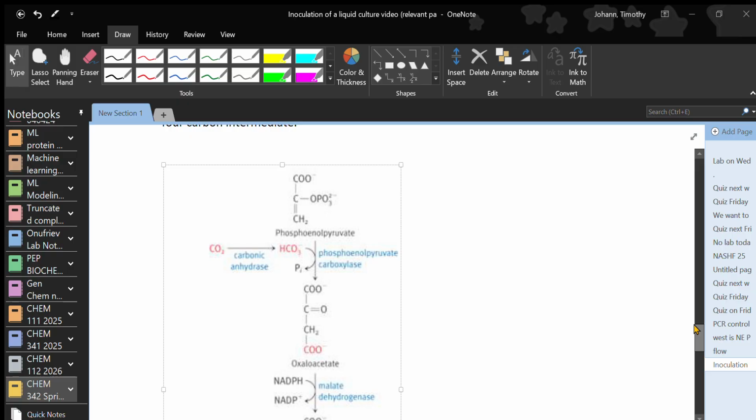You can take phosphoenolpyruvate and use phosphoenolpyruvate carboxylase to make oxaloacetate. Have we seen that reaction before? Where do we see that? Gluconeogenesis, right? So we can make oxaloacetate, and then we can use